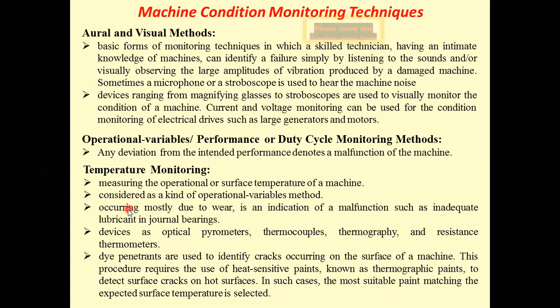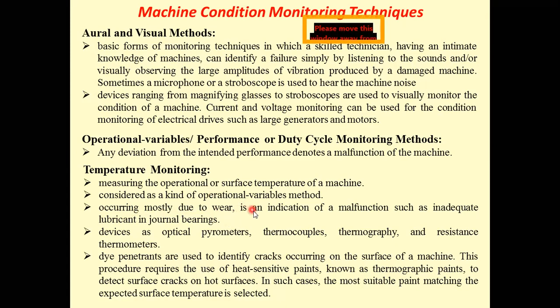In this temperature monitoring system, a rapid increase in the temperature of the components is occurring mostly because of wear. If there is a small amount of wear, there will be less temperature. If that wear goes on increasing, then the temperature of that machine goes on increasing. So a rapid increase in temperature of the component occurring mostly due to wear, and it